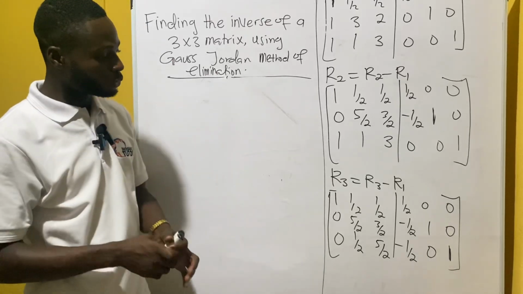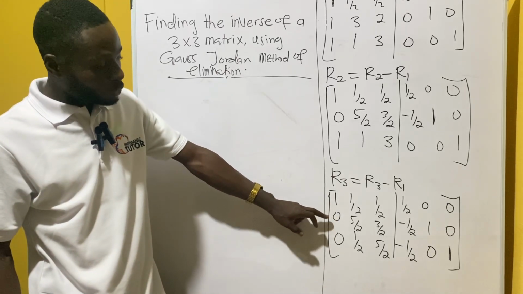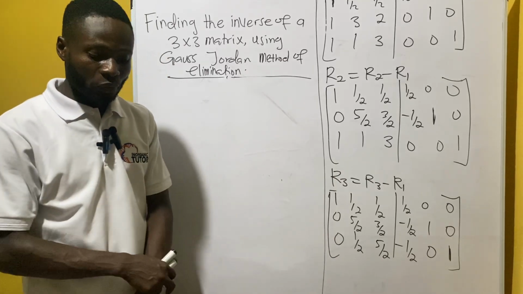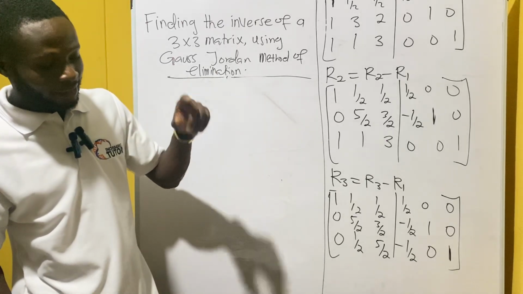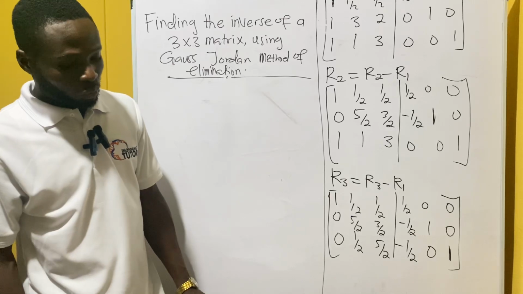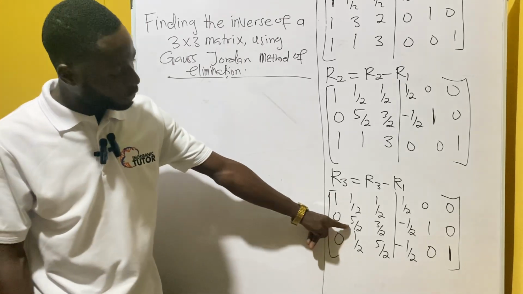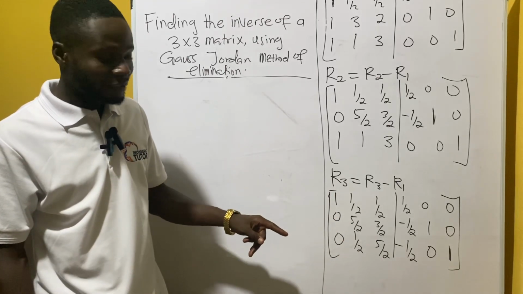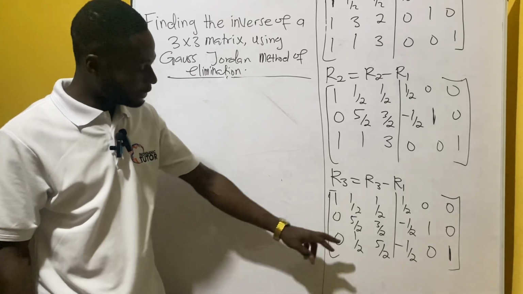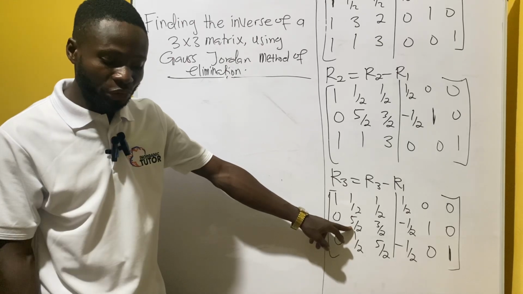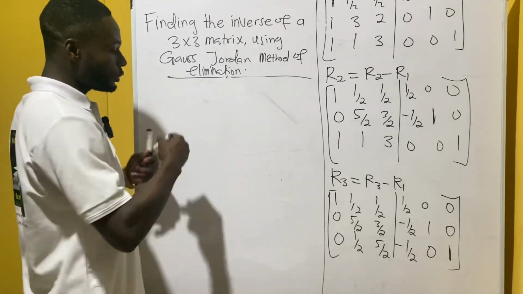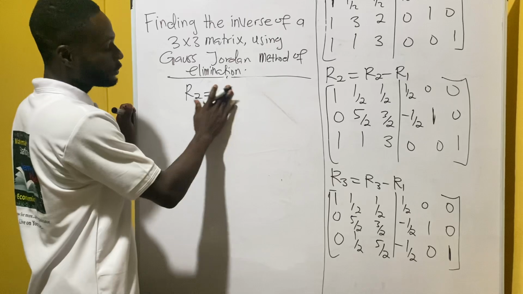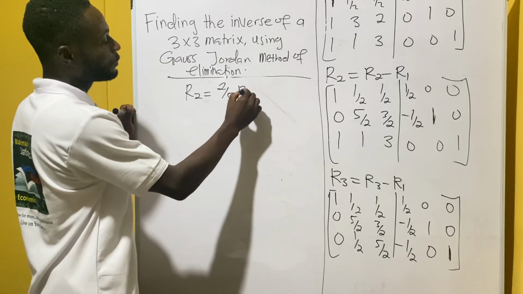So now we have to move to the second row to eliminate the last element that we are eliminating on the third row, right? So we are making the second element of row 2 equal to 1, because we said before you stand on a row to work on, make sure that the leading element is 1, right? So this right here is going to be 1 right here. So what do we do? We say that row 2